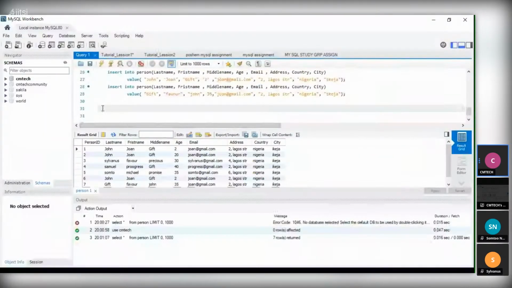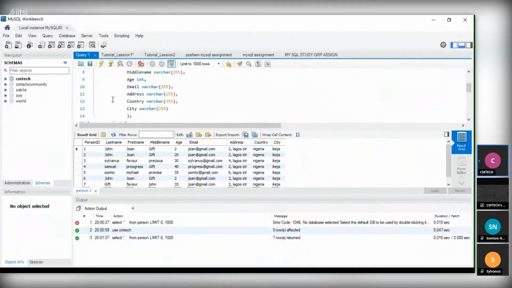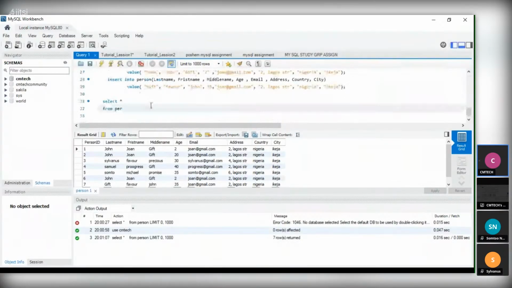Now we want to select from person. Remember, the table we created is person, right? Now we want to select all from person.